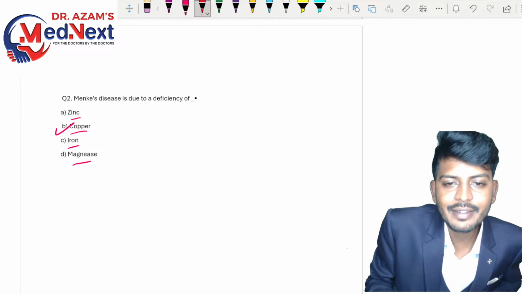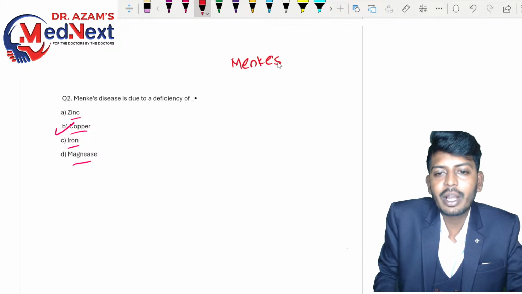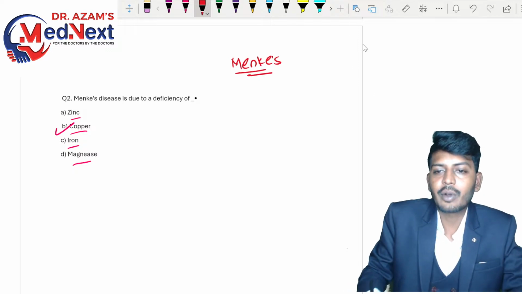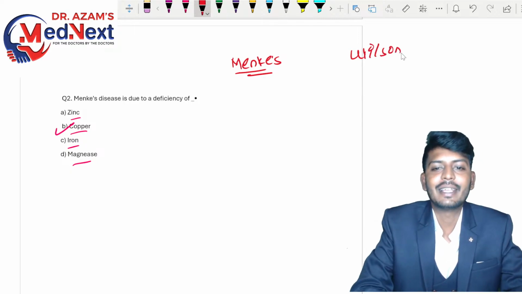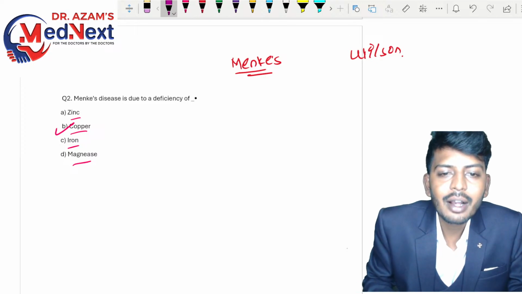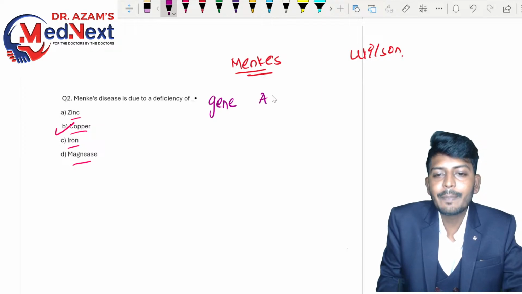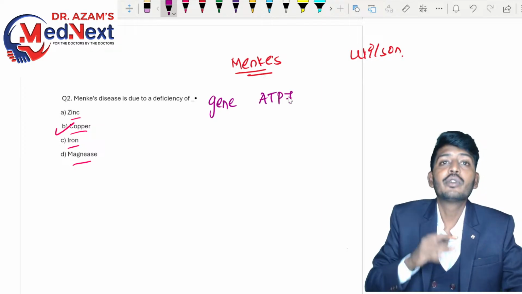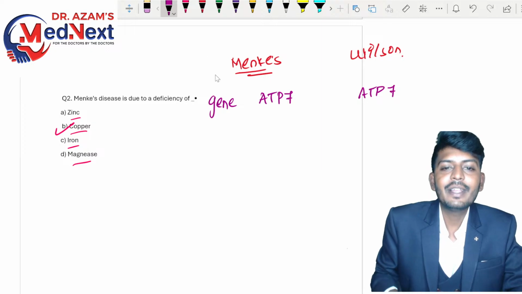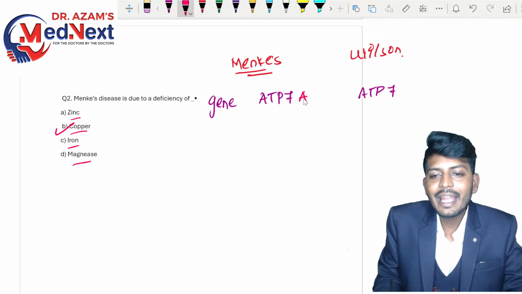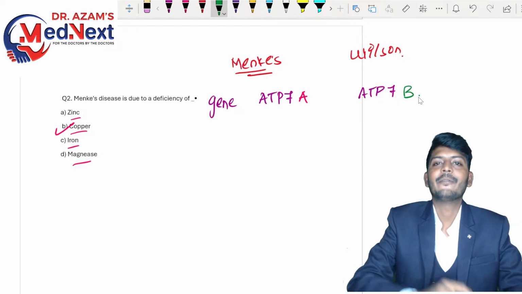But when we are speaking of Menkes disease, please understand there are two diseases which will always confuse our students. So I don't want anybody to get confused. There is one disease called Menkes. There is one more disease called Wilson disease. Both of these diseases occur due to mutation in a gene. What is the gene which is responsible? It is the ATP7 gene. So in that ATP7 gene, Wilson disease is also due to the ATP7 gene. So the difference here, bacho, remember: ATP7A defect will lead to Menkes disease and ATP7B will lead to